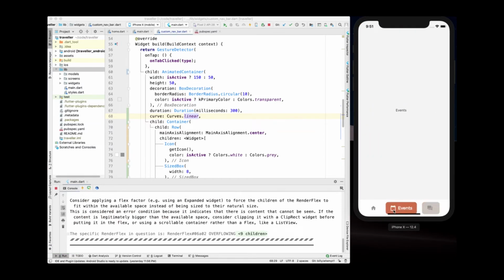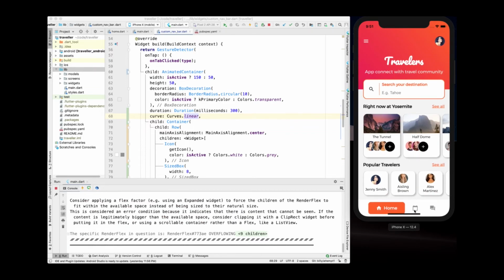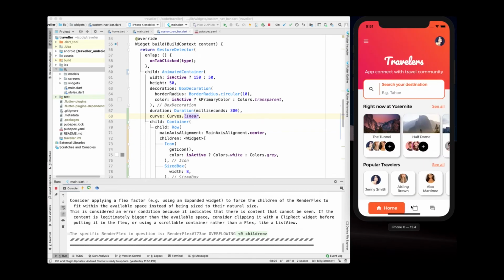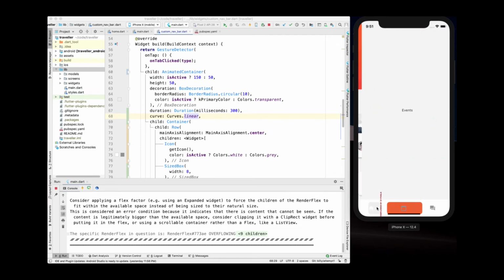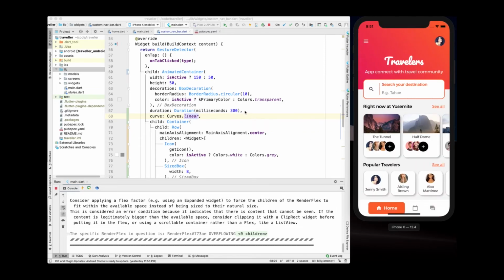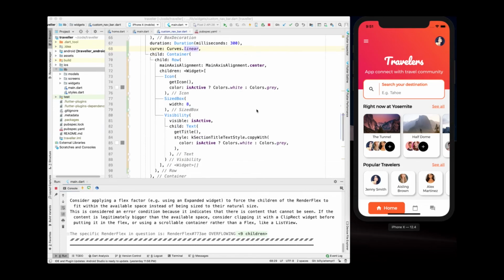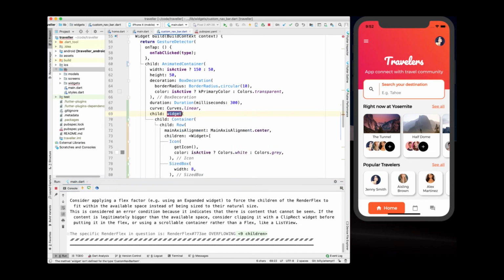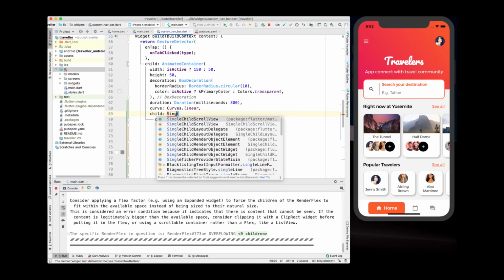You can see the animation of the navbar item, the animation of the text, and the icon. But there's one problem here. You can see some warning during the animation, and this only happened during the animation, not before or after the animation. The reason why it happened is because during the animation, the total width of all the navbar items exceeds the width of the navbar. So to solve the problem here, we need to wrap the navbar item inside a single child scroll view so that it doesn't